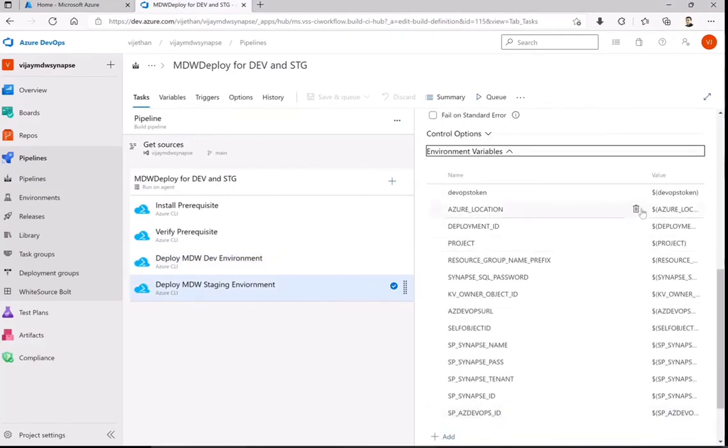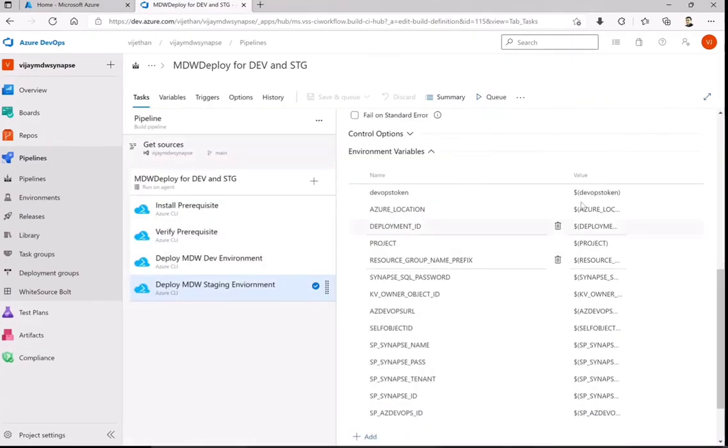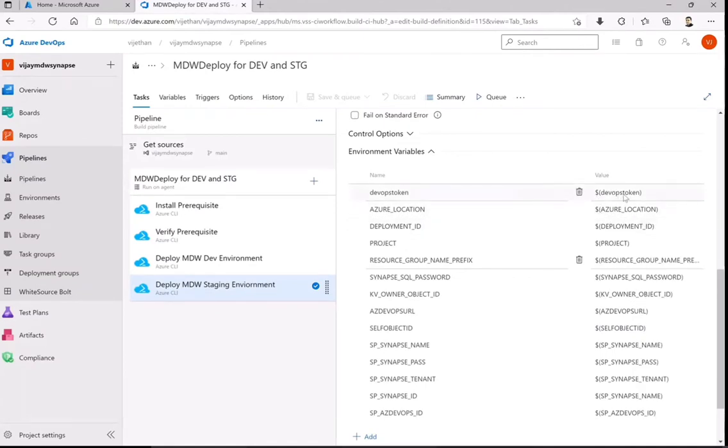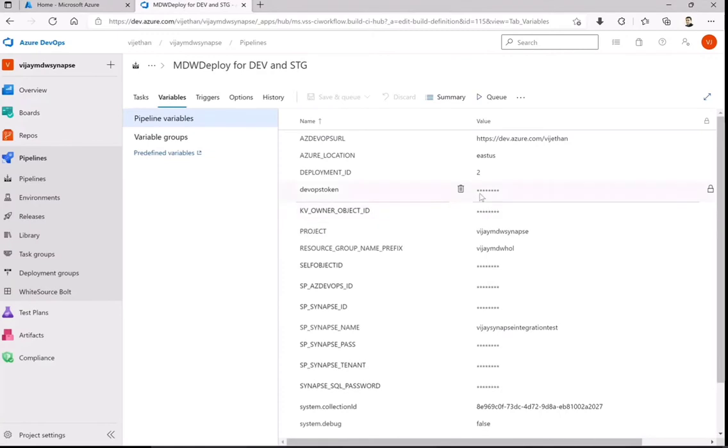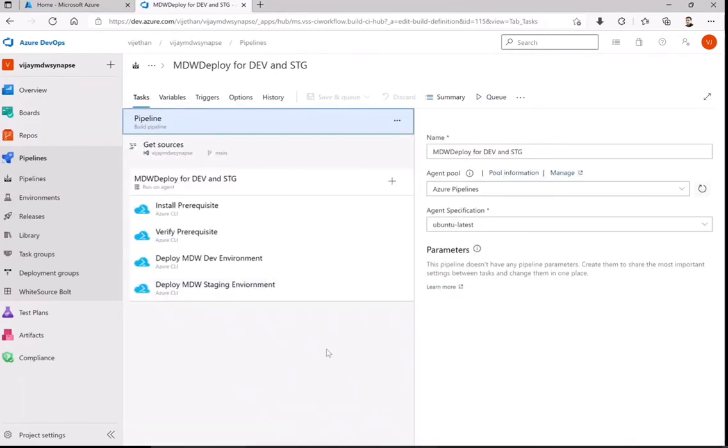I have the environment variables, and I will just show you how they look. So this is the way you actually get the value from the particular variables which we have defined here. Okay, and if they are secret, they will be shown to you in string form. Others, if you want to reveal them, you can reveal them. But wherever I'm specific about the subscription ID, the tenant ID or any passwords, I'm specifically keeping them as secret. That means locked. Okay, now that's all you require to actually run this particular environment.